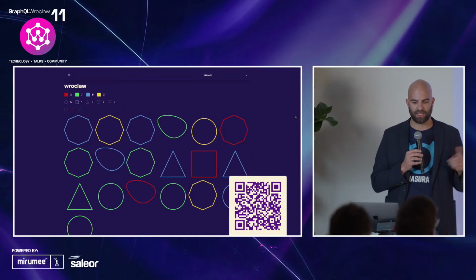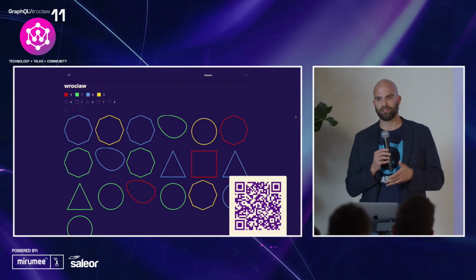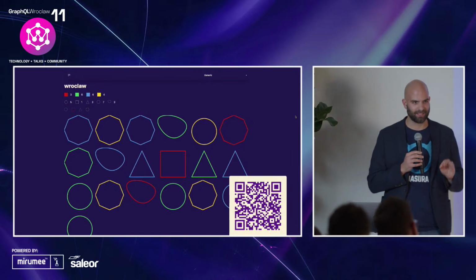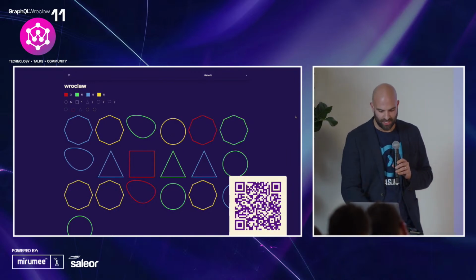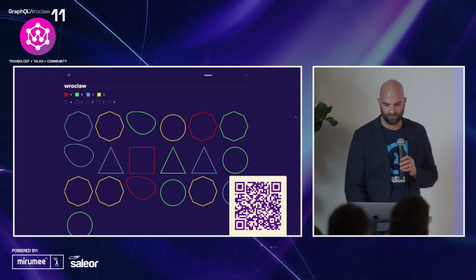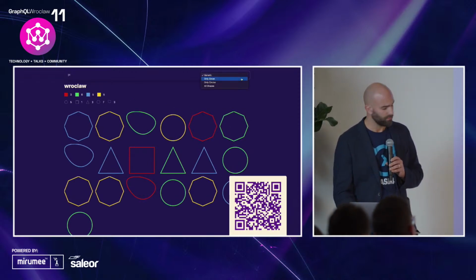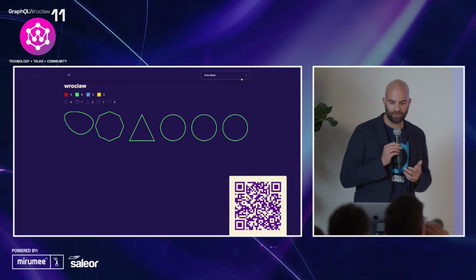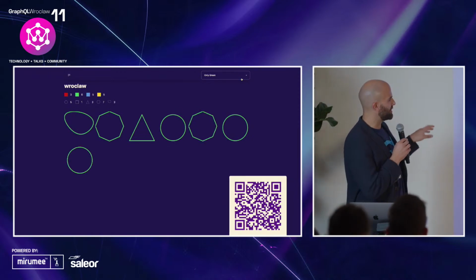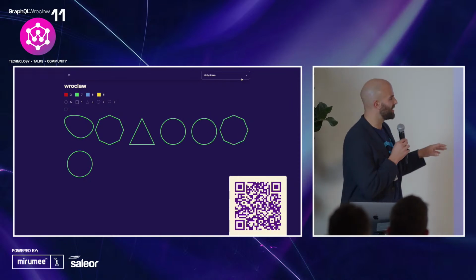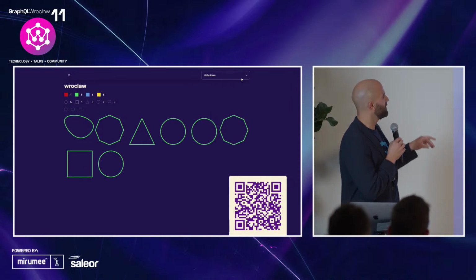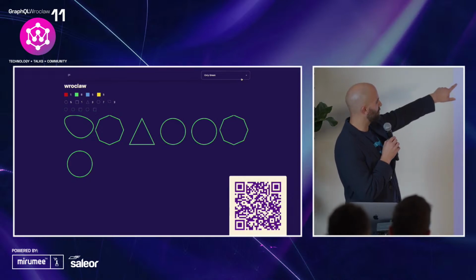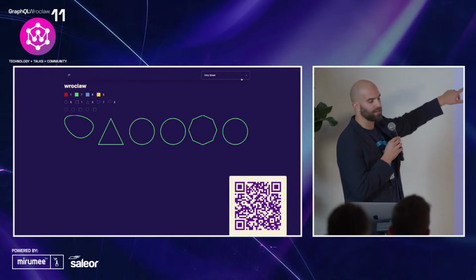Now, with inside of Hasura, I was told apparently I'm the vendor talk, so I get to push Hasura a little bit more. I want to be careful because this is about subscriptions, but what's also interesting is we're able to do some cool stuff like changing permissions built in. So I've got a couple of different authorized tokens here. And I've got one here where now we're only going to see just the green shapes. So anytime somebody changes their shape to green, we'll see that. But I'm also only limited to the green color changes happening in my stream.